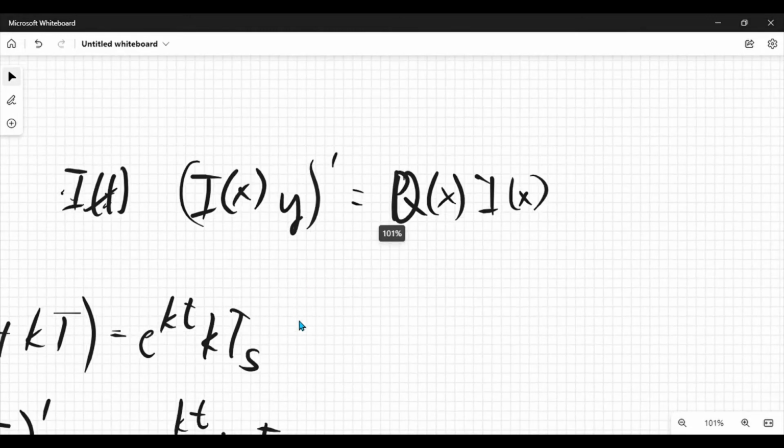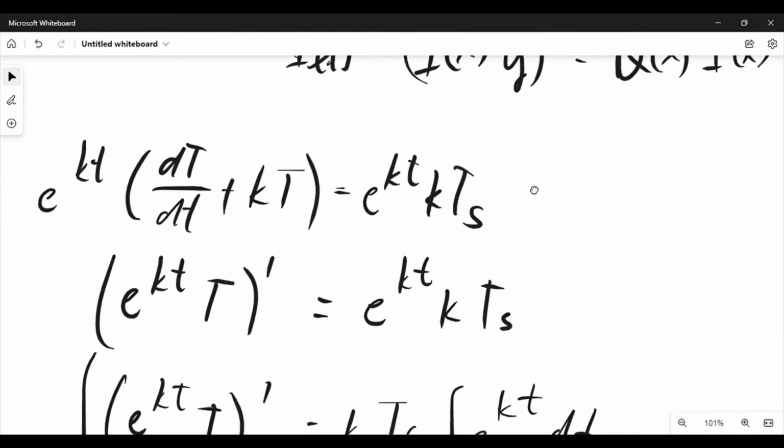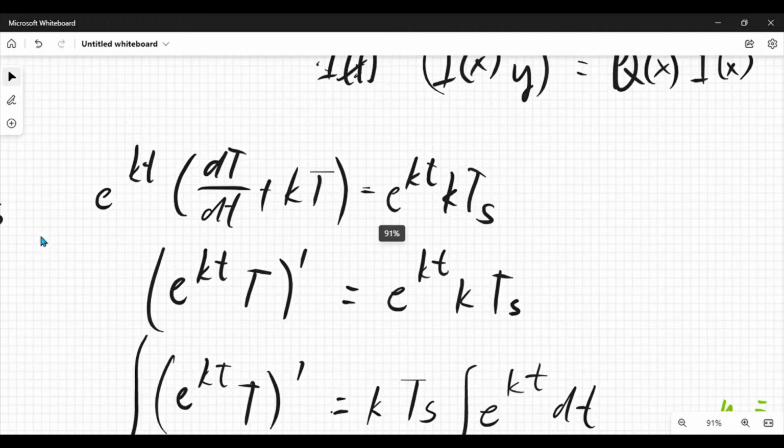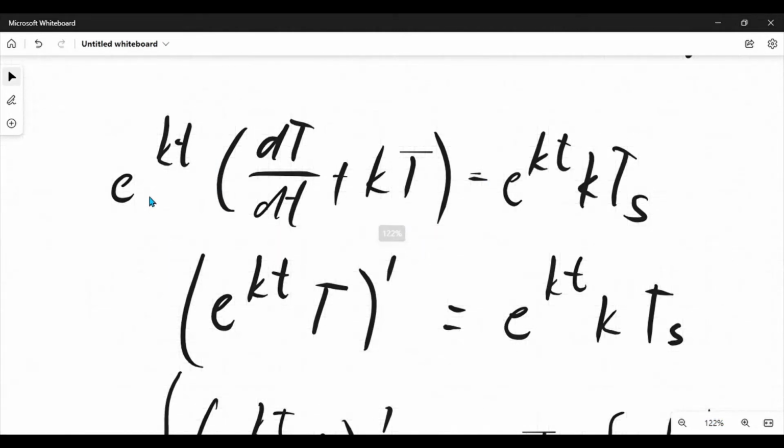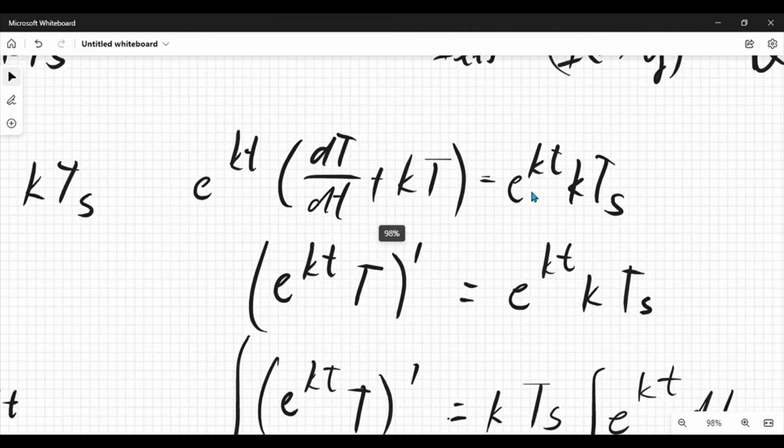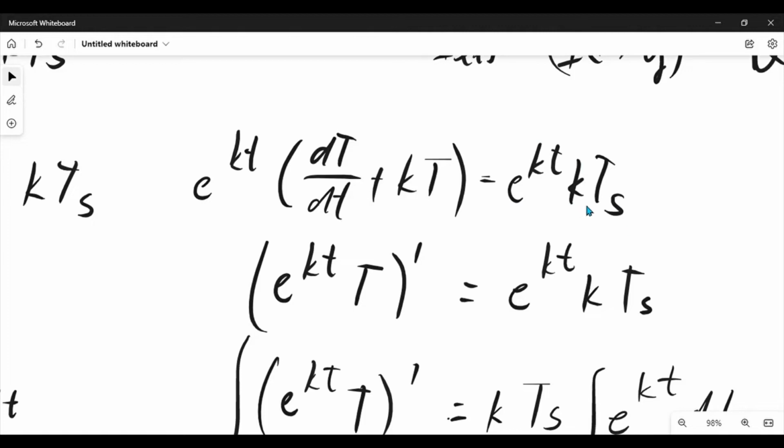But since we are using different symbols here, and our integrating factor in this Newton's law of cooling is e raised to kt, we will be multiplying e raised to kt to dT with respect to time t plus kT, and this is equal to e raised to kt, that's the integrating factor, times q of t,